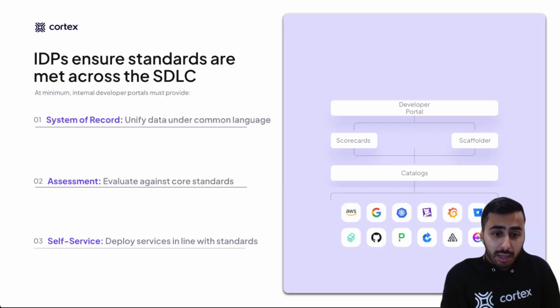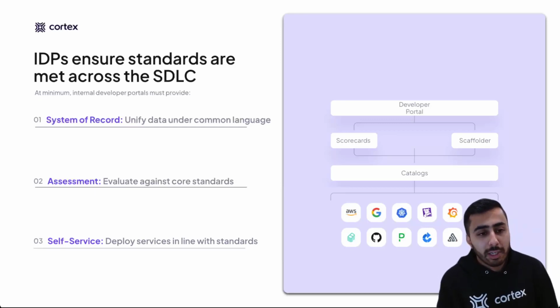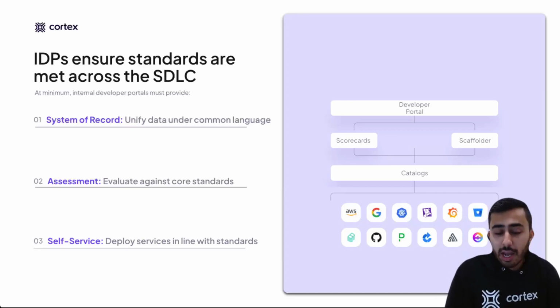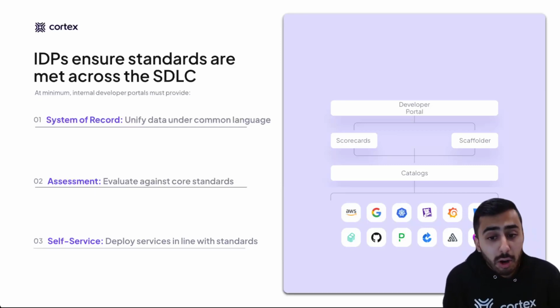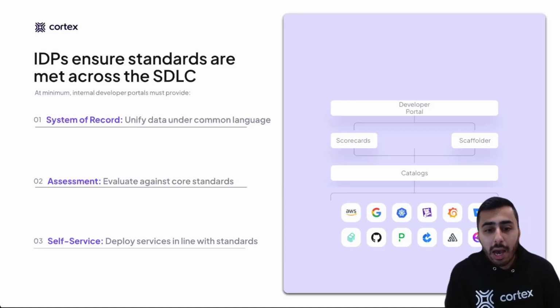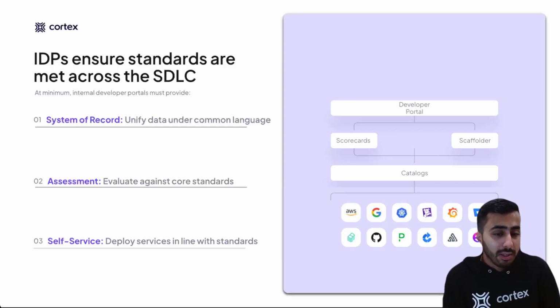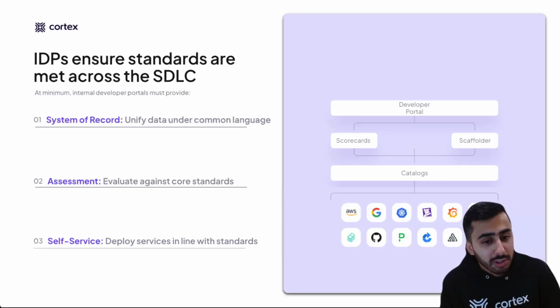The second piece is, okay, now I've collected all this information about my ecosystem. What now? Well, with that data, you can now assess against core standards. So where are we today? Where are we trying to get to? How do we get there? The developer portal, if it is a system of record, should give you the capability to understand that information in better ways. And then finally, once you've assessed your data and you understand where you are today and where you're trying to go,